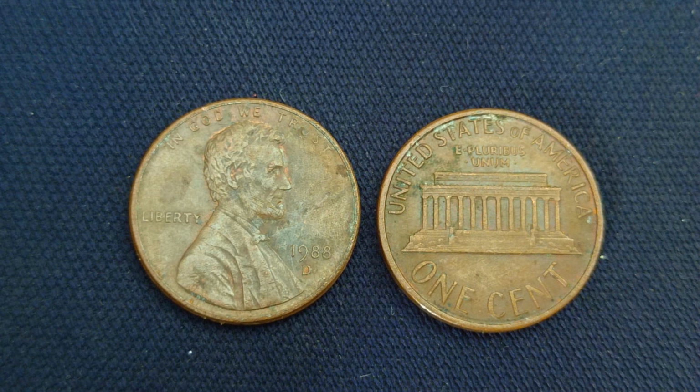And collectors who know how to recognize this difference can identify the 1988 D with the reverse of 1989, a variety so elusive and desirable that it can command astronomical sums in the right grade and with the right provenance. And some stories have circulated about a pristine mint state example trading hands privately for millions, because this coin essentially represents a transitional variety slipped into circulation by mistake,